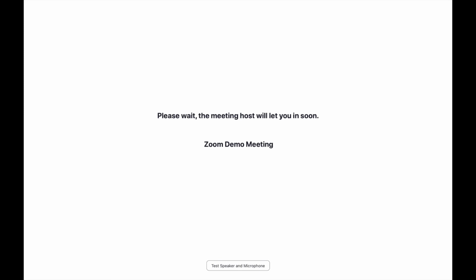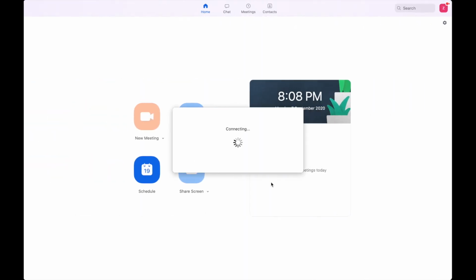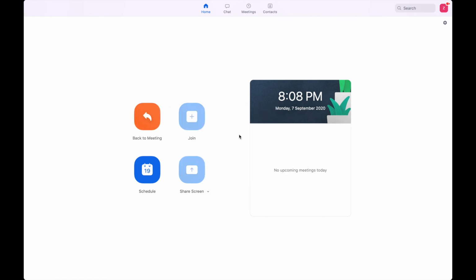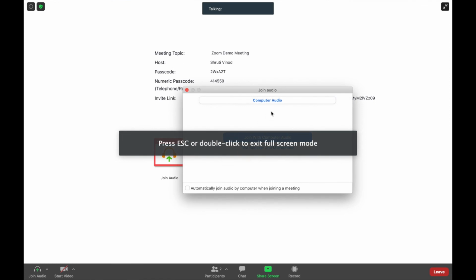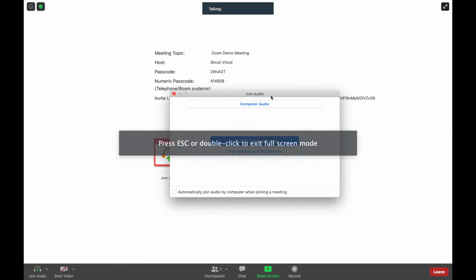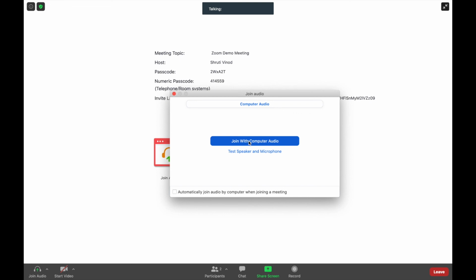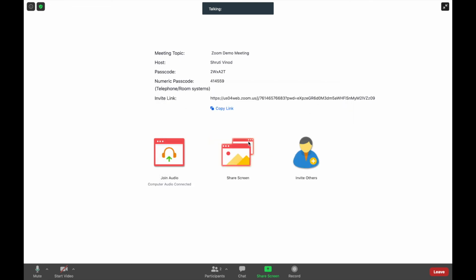So yes, when you see the screen changing and it shows connecting, that means that the host has now accepted your request to join the meeting. To continue, join with computer audio. Do not forget to mute